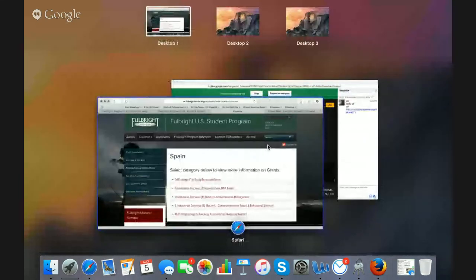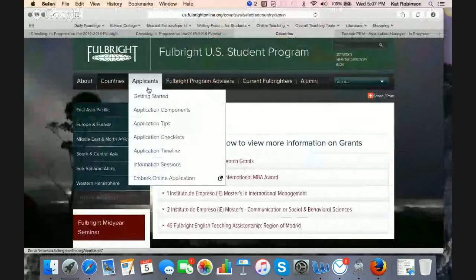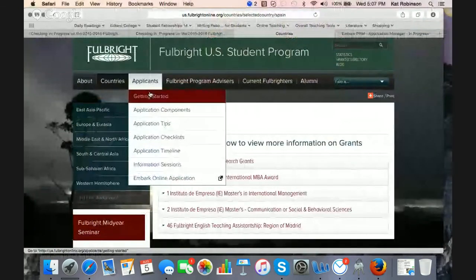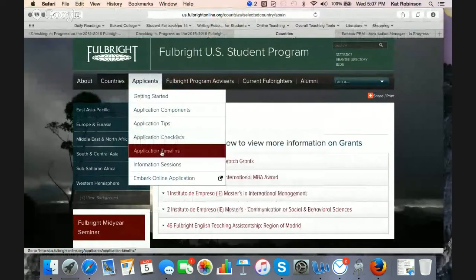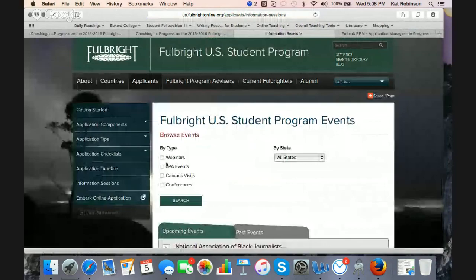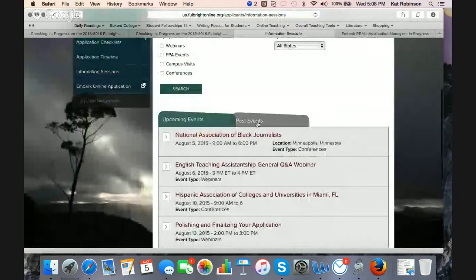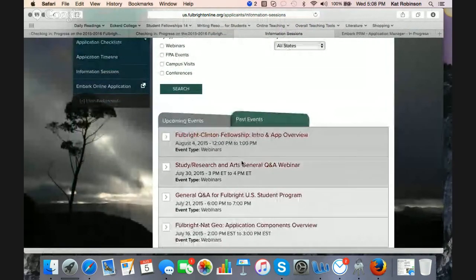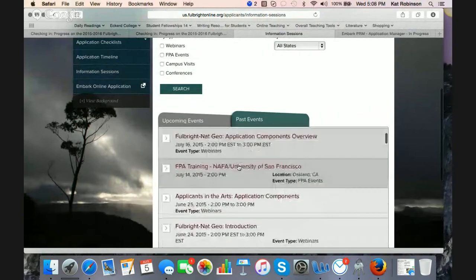When we are exploring the whole application process, there's a good little breakdown here. I also recommend that you go ahead and bookmark the information sessions page. They do have some webinars that you can attend, and you can watch them. I go to these quite frequently. They're great to get a snapshot of what they're looking for.